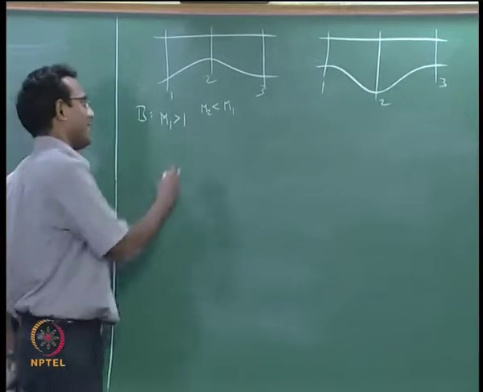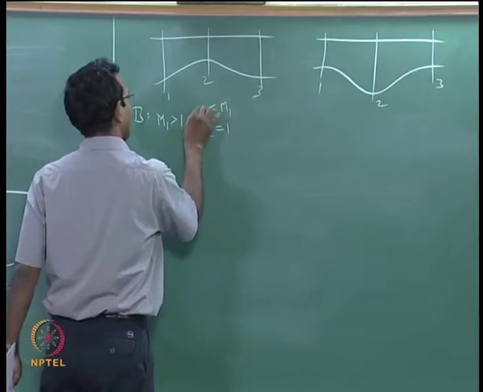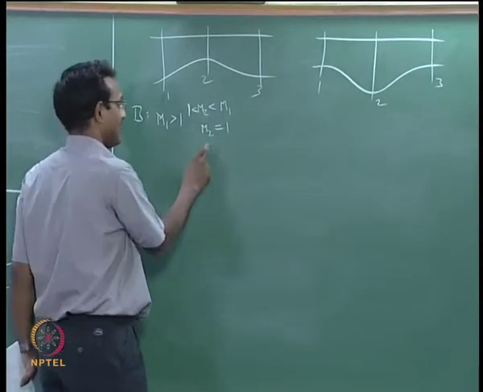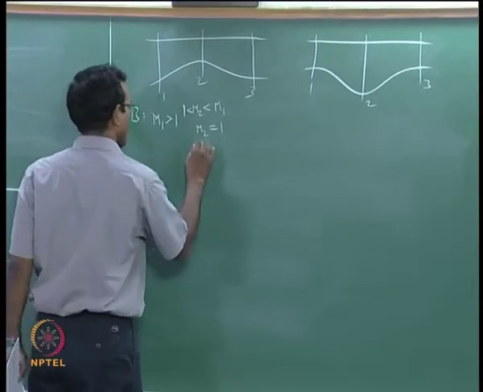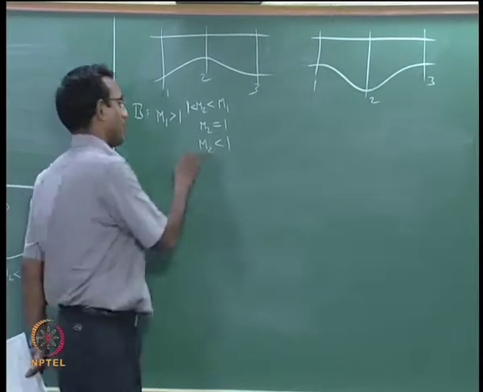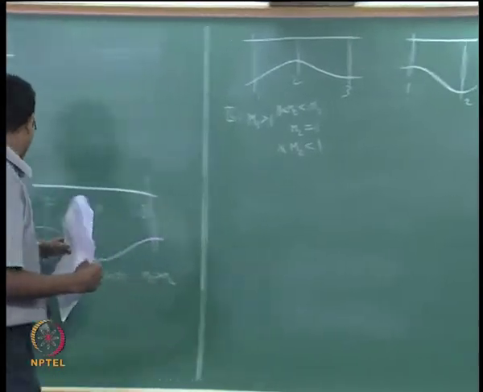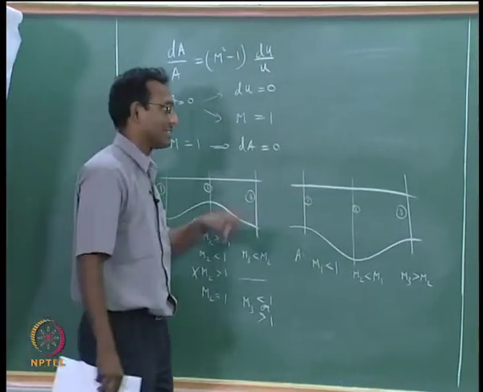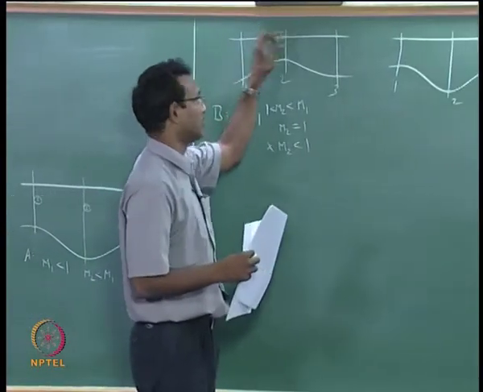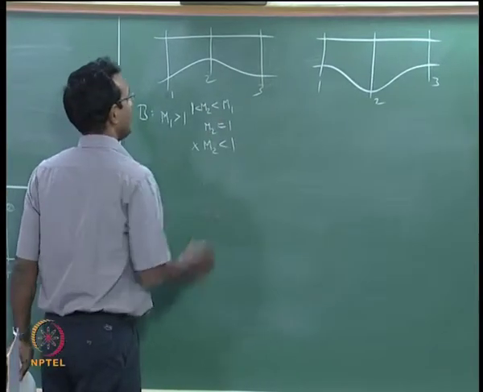Let us consider a case where M2 is something like 1.1, and another case where it is exactly equal to 1. Can I have a case again with M2 less than 1? This particular case is not possible, because of a similar argument as what we said before. Similarly, I can say that there also it will not be possible. It has to cross, and suddenly the area change should change the other way for it to cross Mach 1. Now I have these two cases.